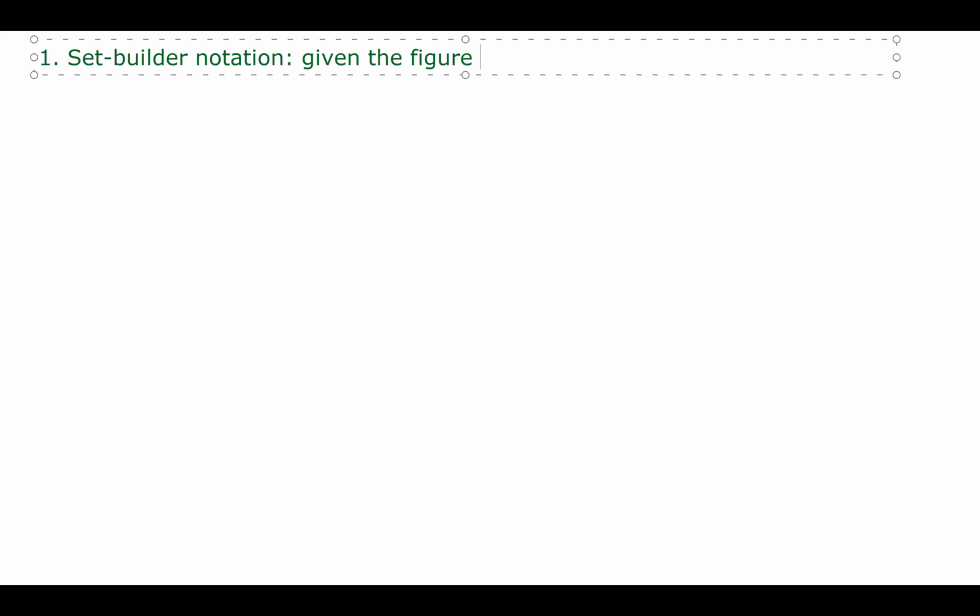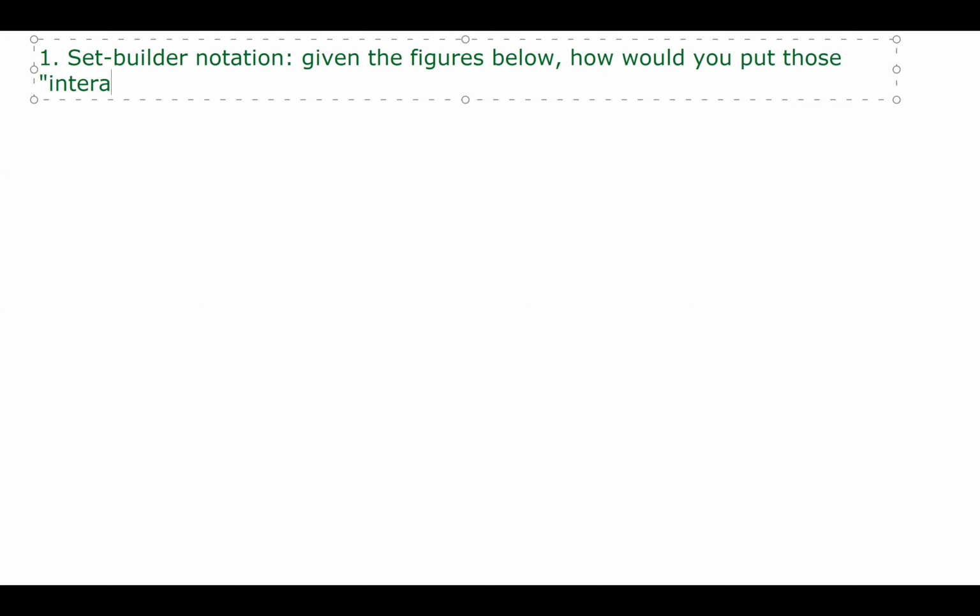the stylus shortly. But first, let me put up what we need to do. Okay, so this is item 1, set builder notation. I'll extend it. This is what we were asked to do. Given the figures below, I have 3 of them, how would you put those kinds of intervals